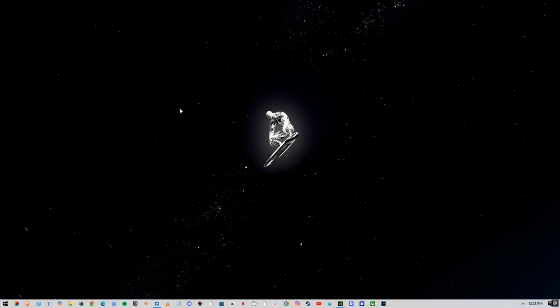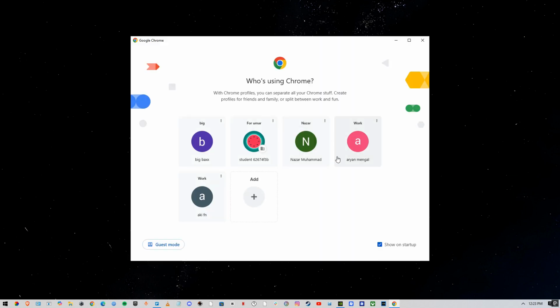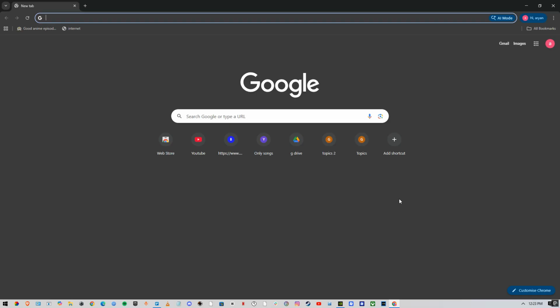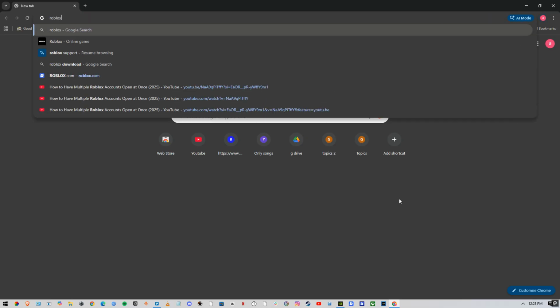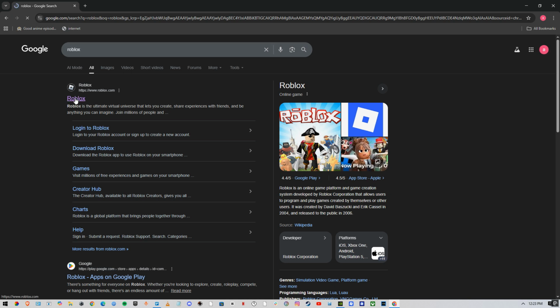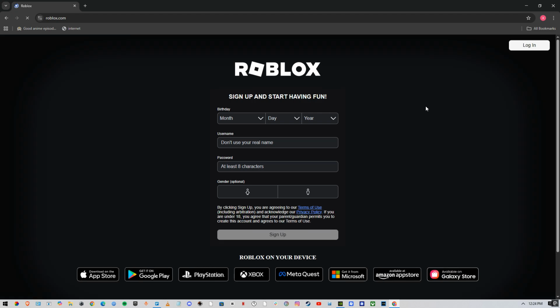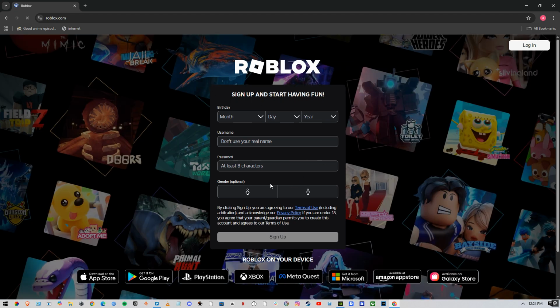What you need to do is just go ahead and open up Google or your web browser. First up, you need to type in Roblox, and inside the website you just need to open up Roblox. So if you notice one thing, it's asking me to log in, so just stay right over here,